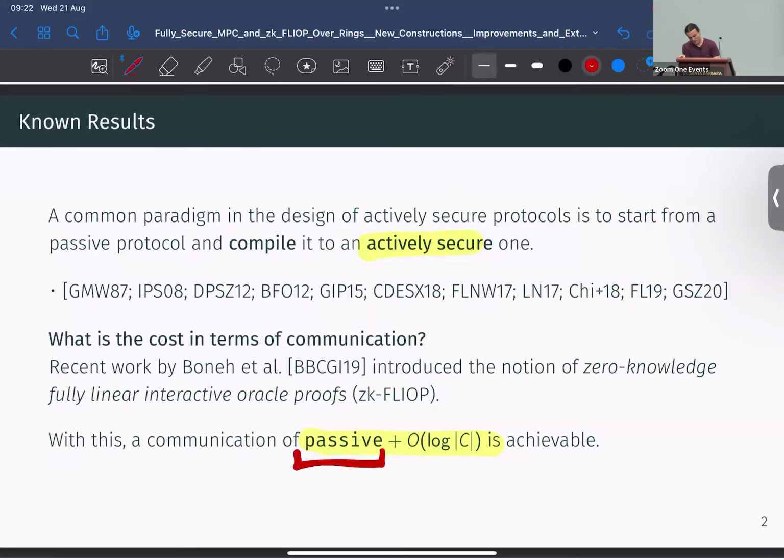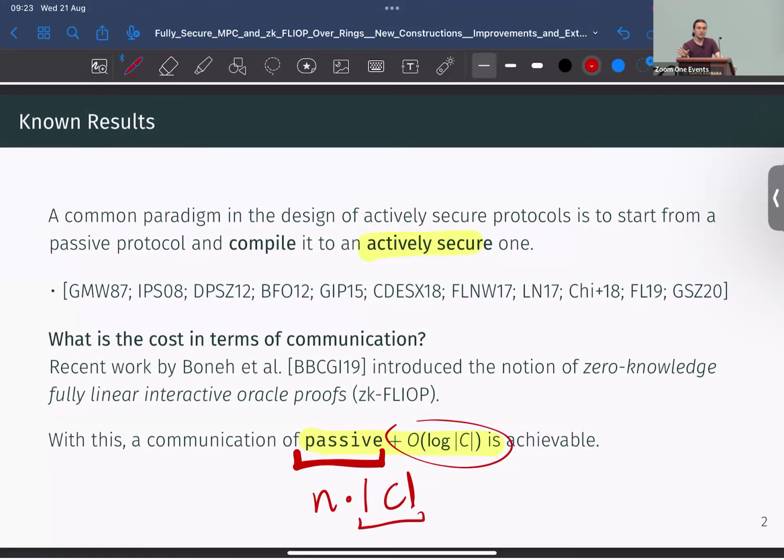Passive is usually n times the circuit size, so linear in the circuit size for MPC based on secret sharing and so on. So this means that this term is basically something we can ignore. Asymptotically speaking, this term vanishes with respect to the first term.